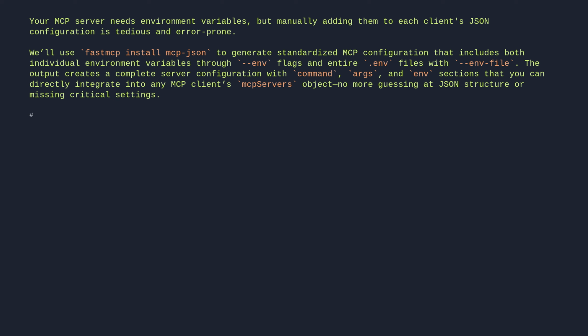# Individual environment variables. fastmcp install mcp-json server.py --env API_KEY=your-secret-key --env DEBUG=true. # Load from .env file. fastmcp install mcp-json server.py --env-file .env